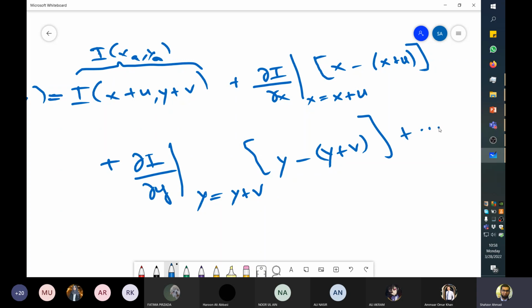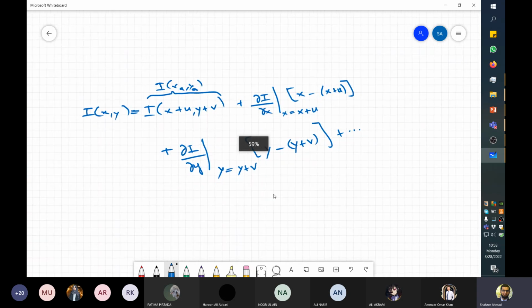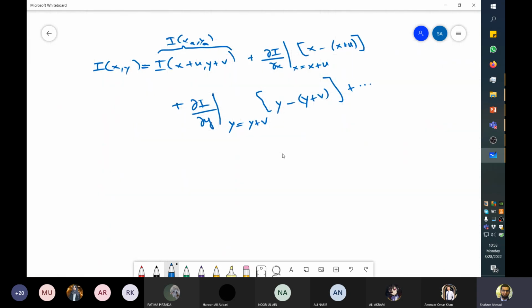And of course, we have higher order terms. So right now, we are not going to take into consideration the higher order terms because it gets complicated, so we want to simplify it and focus on lower order terms. So if we further work this out, we will get